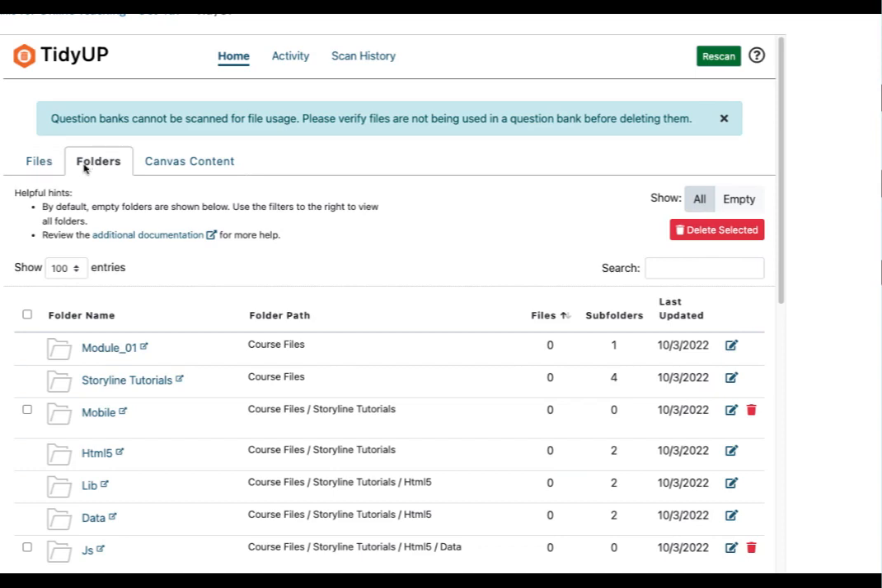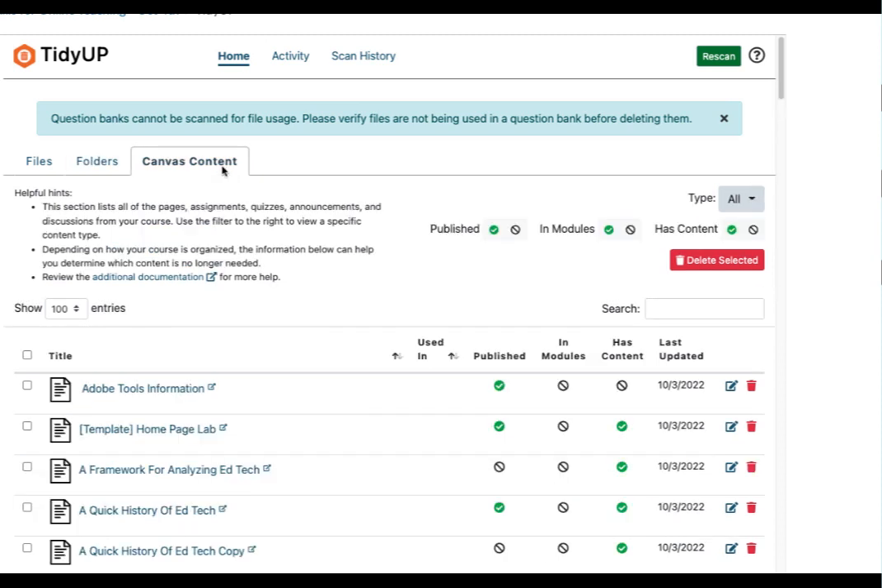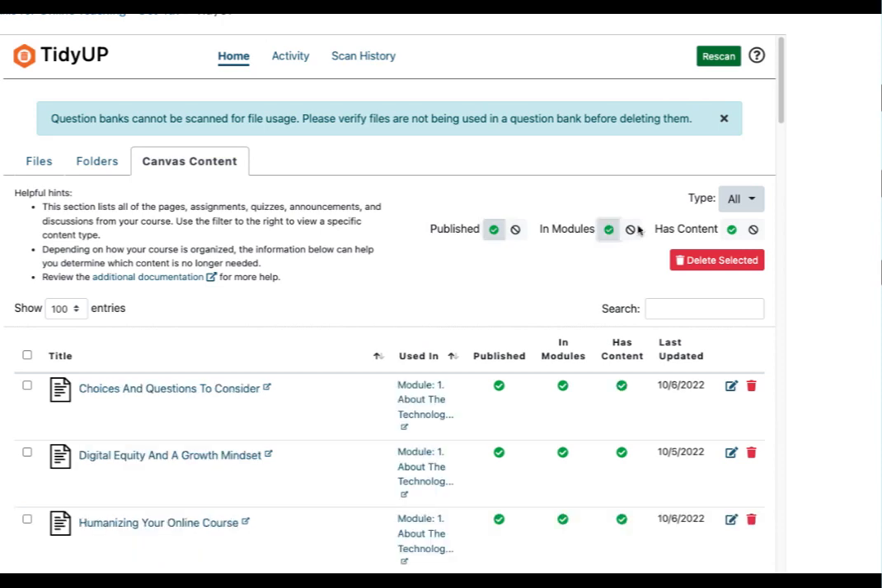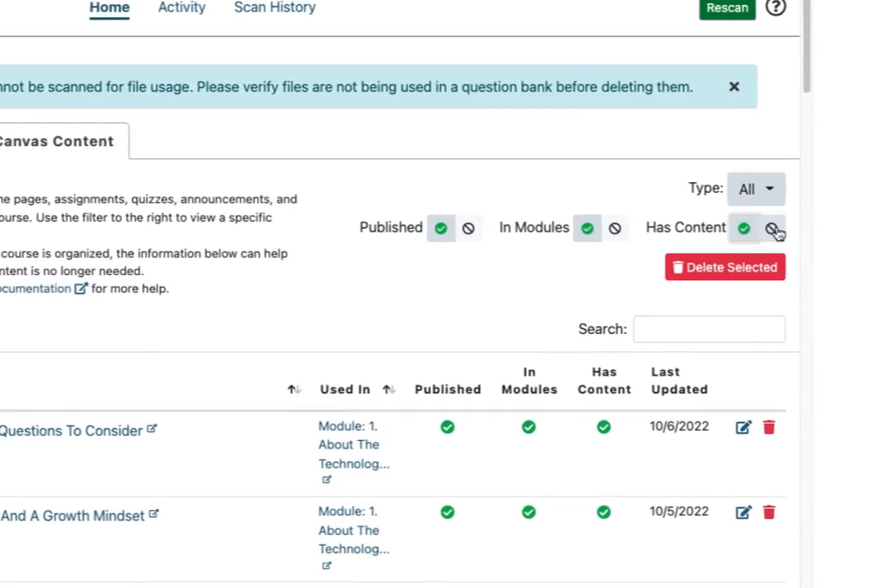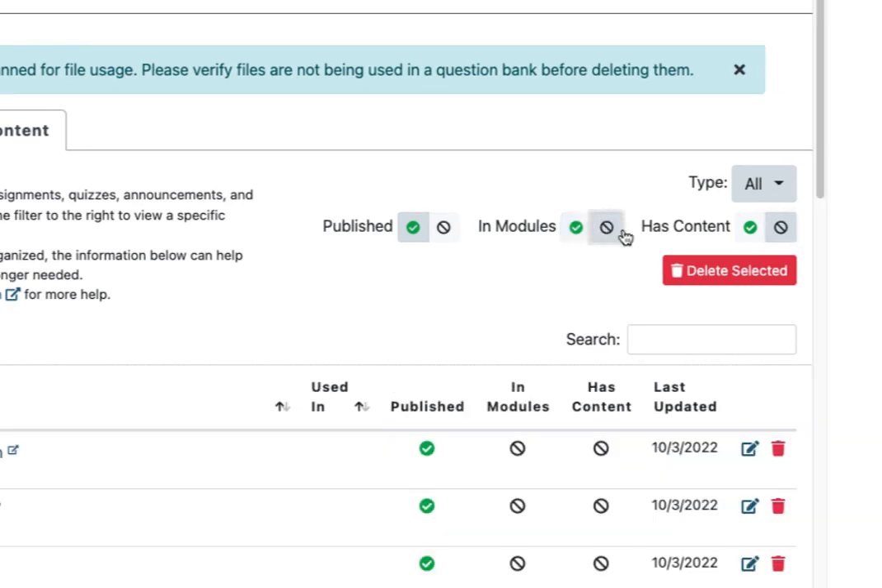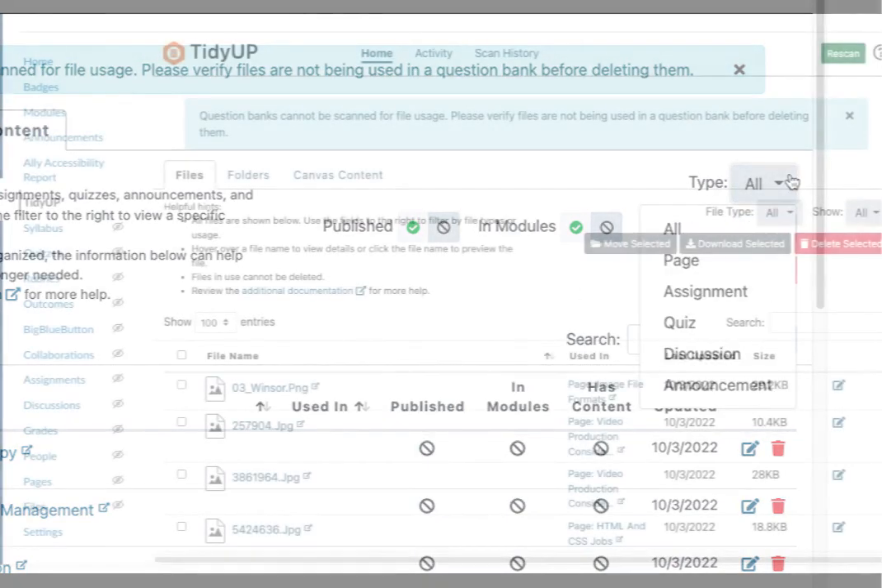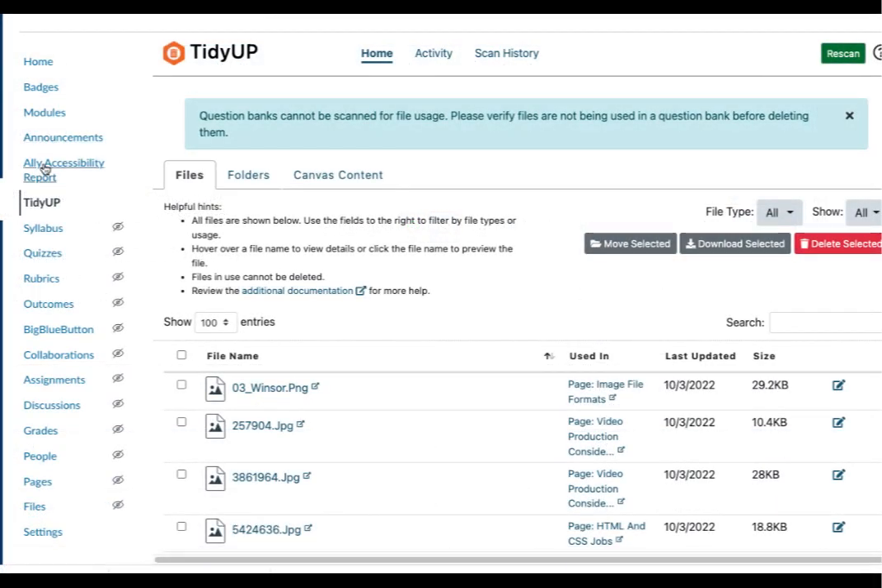Okay, so now that I've deleted all the files that were not being used, I'm going to skip past folders now. I'm going to go to the Canvas content. Actually, I'm going to check to see everything that is not published, is not in modules, and doesn't have content. Because if it doesn't meet any of those 3, chances are I do not need it. And then once I delete the unnecessary files and the unnecessary course content, such as the unused pages and unused